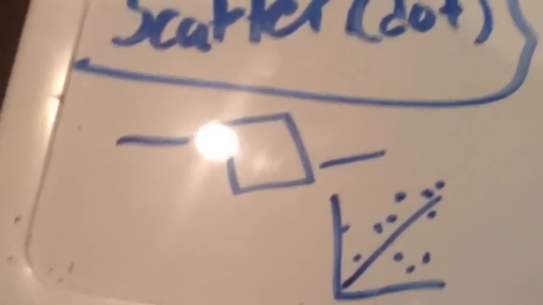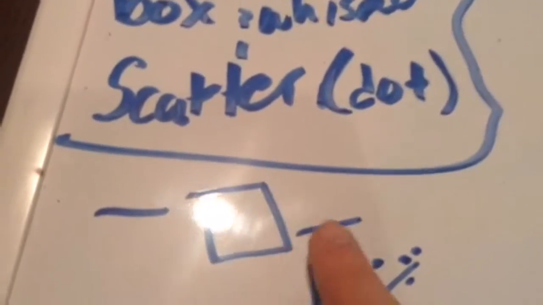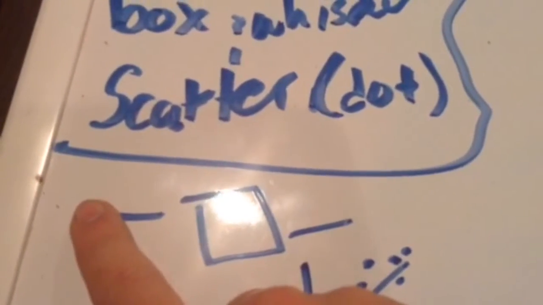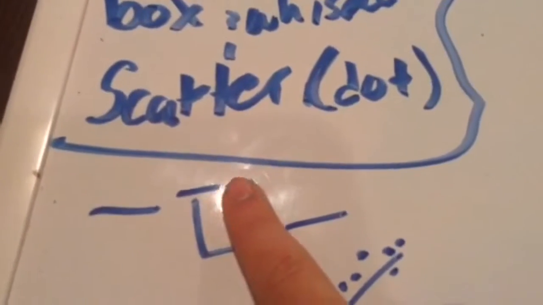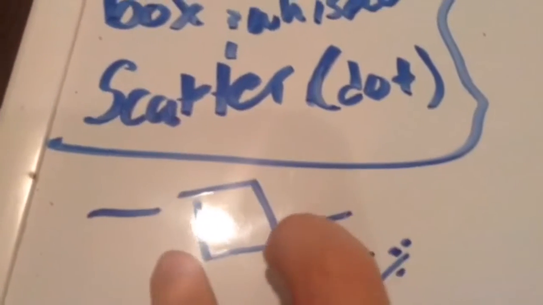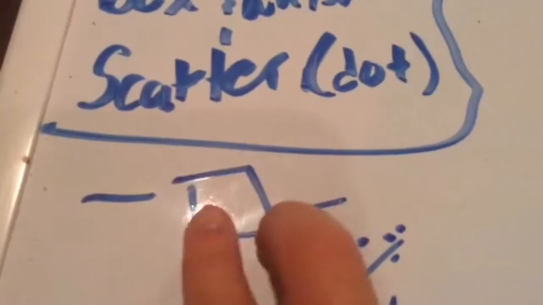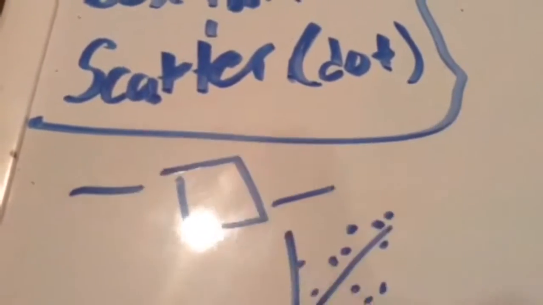The next is a box and whisker plot. It looks like this. The far left extreme of the data is over here. The median is in the middle of the box, while you can also have two outside things to show this is where the majority of the stuff is, and then these guys are more outliers than anything else, and the